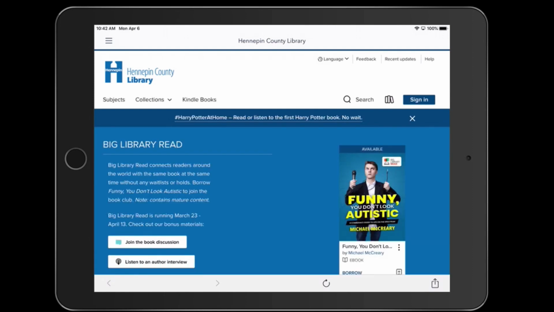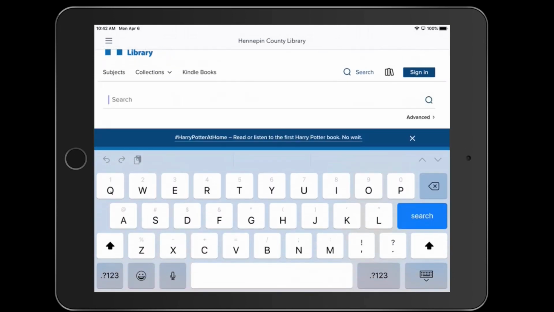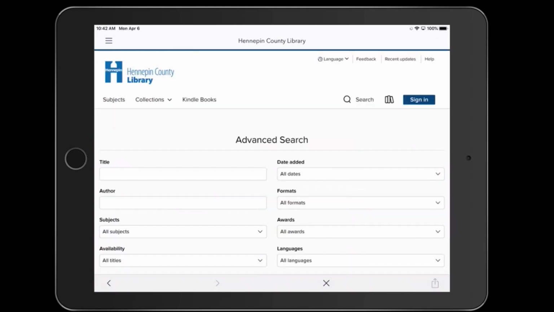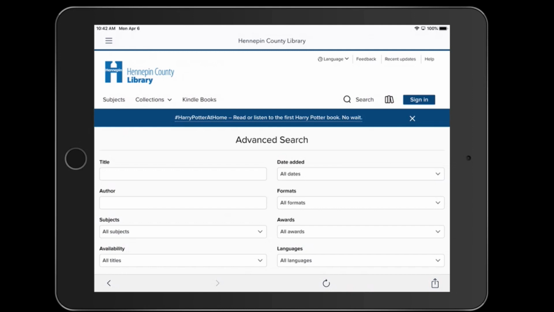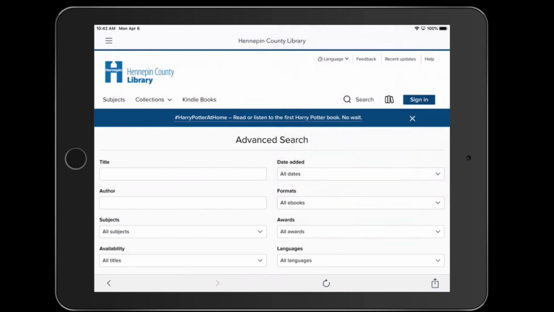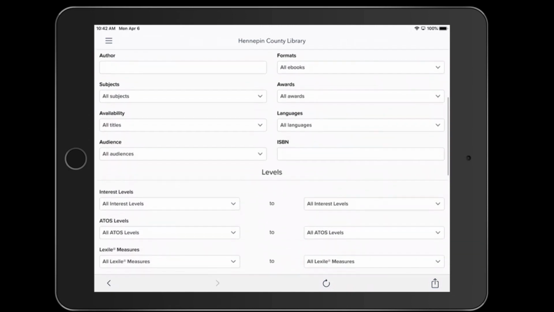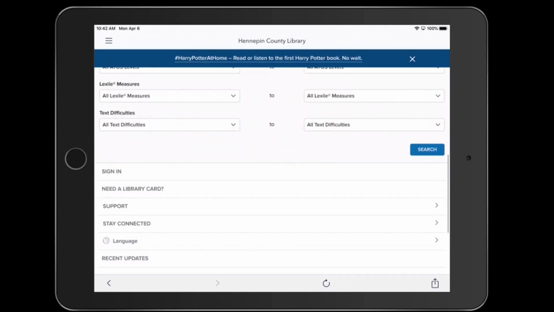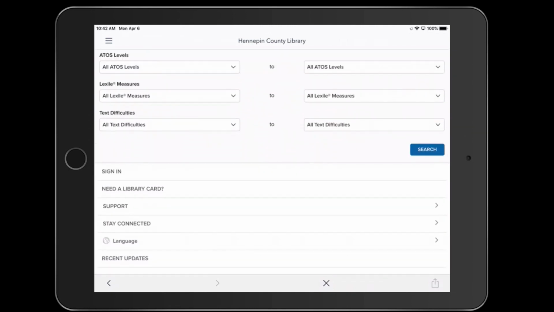If you know which book you're looking for, you can click on the search box and type in the title. Sometimes, though, it's easier to find ebooks by searching just for the ebooks that are available. To do this, click on Advanced right under the search box. Under Formats, change all formats to all ebooks. And then if you just scroll down and click on the search button, it will give you a list of